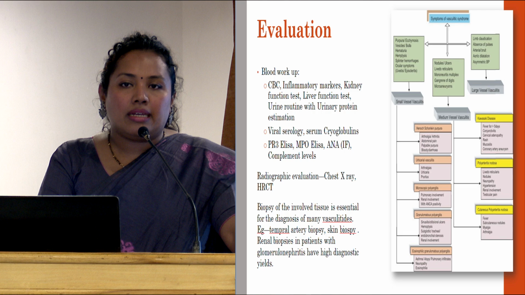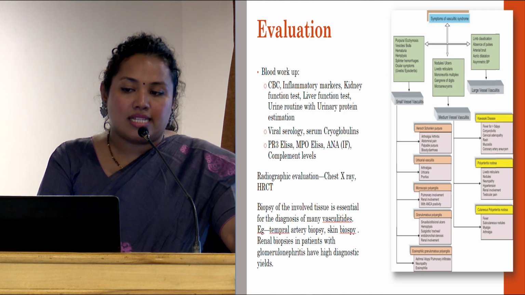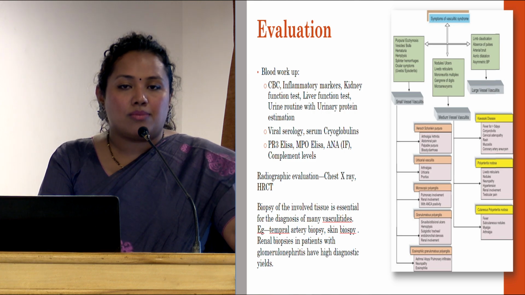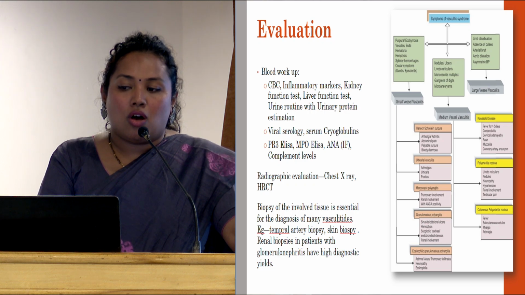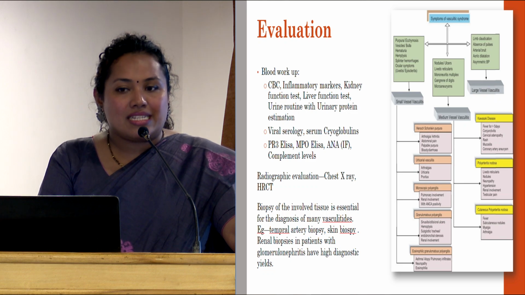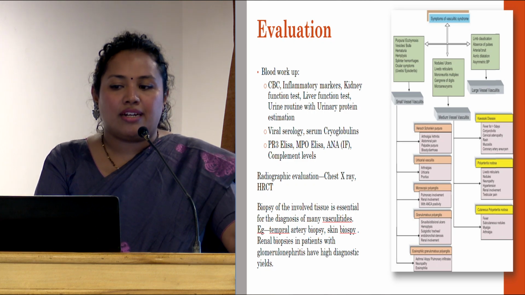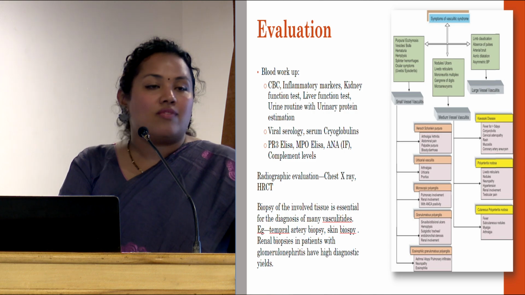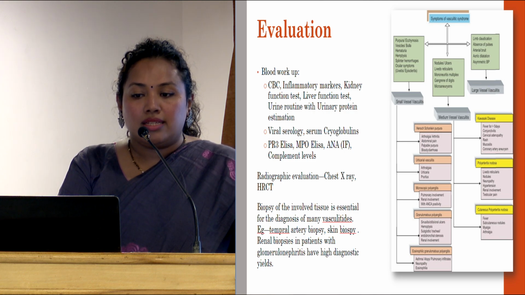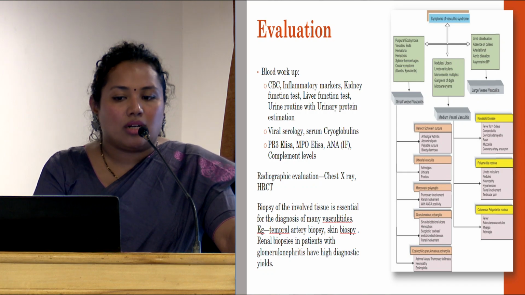So based on the clinical picture, that is the skin rashes, hematuria, hemoptysis and splinter hemorrhages or ocular symptoms, or whether there is limb claudication, absence of pulses, bruit or aortic dilatation, or nodules, ulcers, pulselessness, gangrene of the digits. Each of these symptoms would guide us to identify and differentiate our diagnosis into small vessel, medium vessel and large vessel vasculitis. This then further requires blood workup, where we would do a complete blood count, inflammatory markers